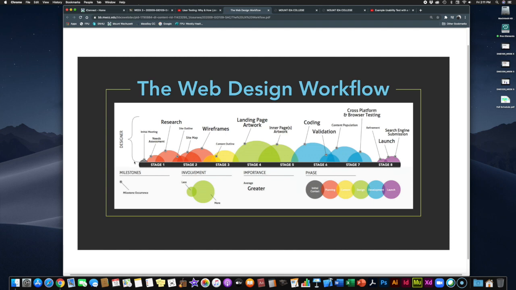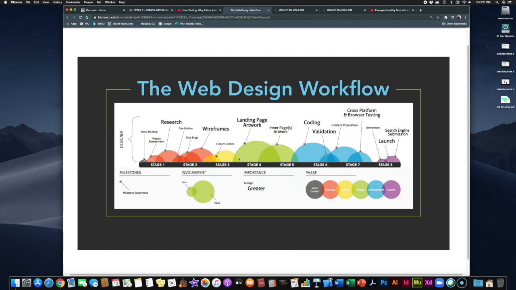So we are going through our initial client meeting, which is how we introduce the project, and then we go through the red area, which is all the background material, right? A needs assessment, doing our research, making a site outline, a site map, doing our wireframing. Somewhere right around here, even though it's not listed in this workflow, we are then going to do our usability testing and show our early wireframes to some potential users, and then we move into creating the artwork and the